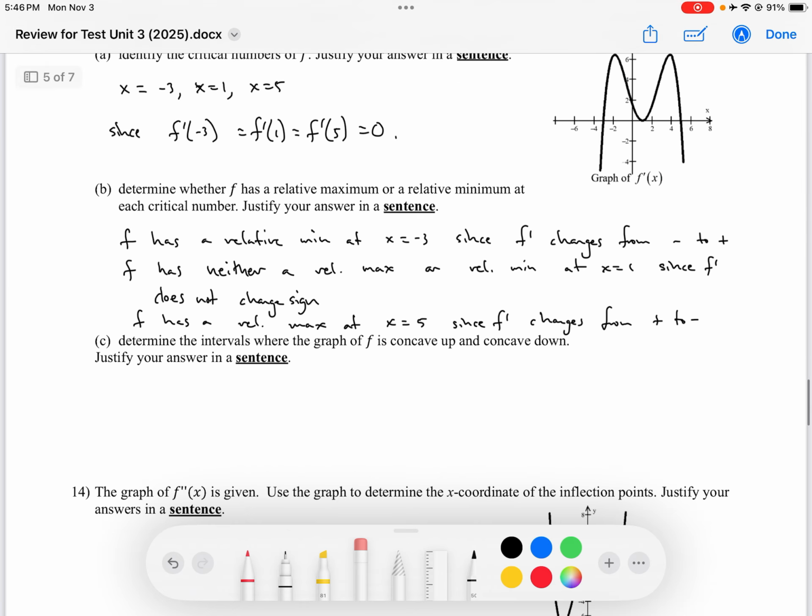Determine the intervals where the graph of f is concave up and concave down. Okay, f is concave up where f double prime is positive, which means that f prime is increasing. Concave down where f double prime is negative, and therefore f prime is decreasing. So f is concave up where f prime is decreasing,